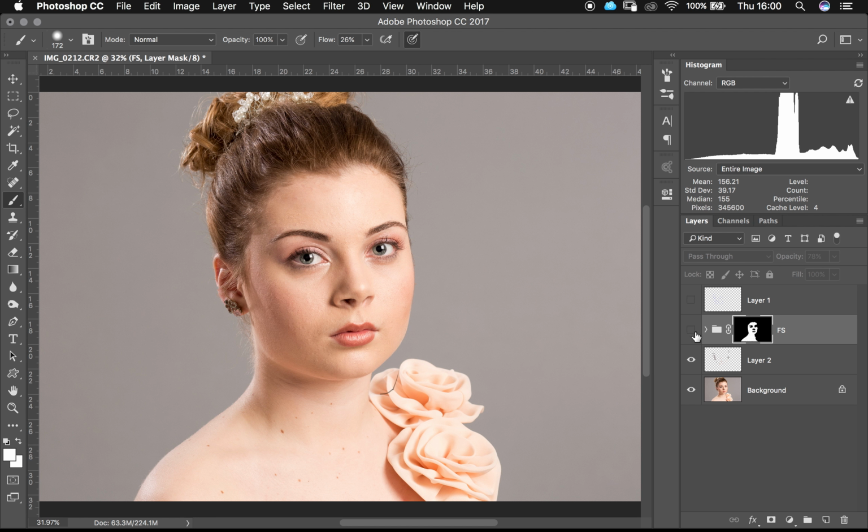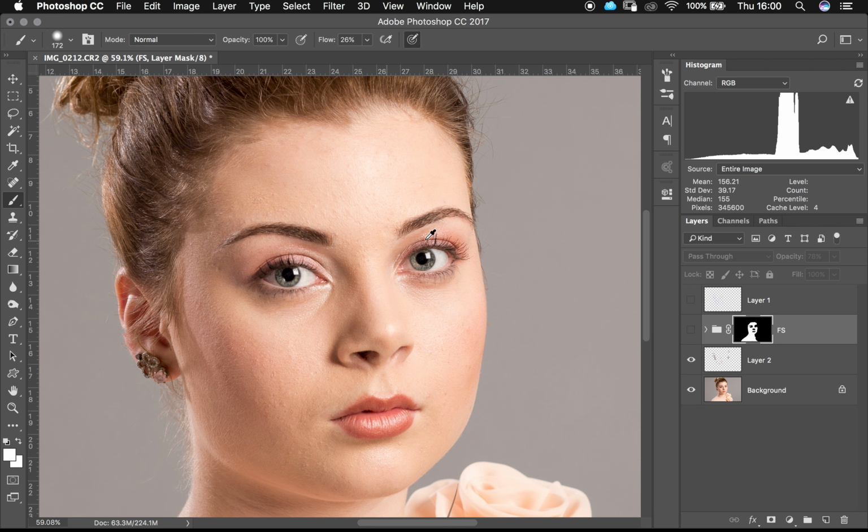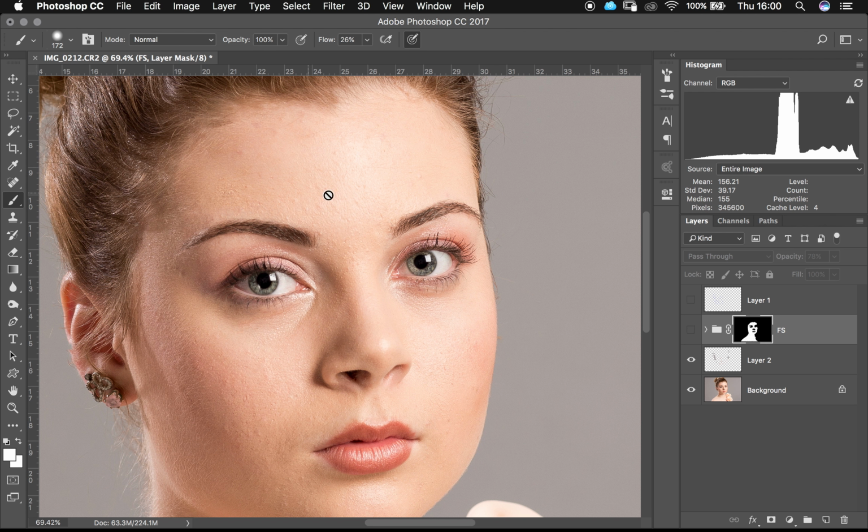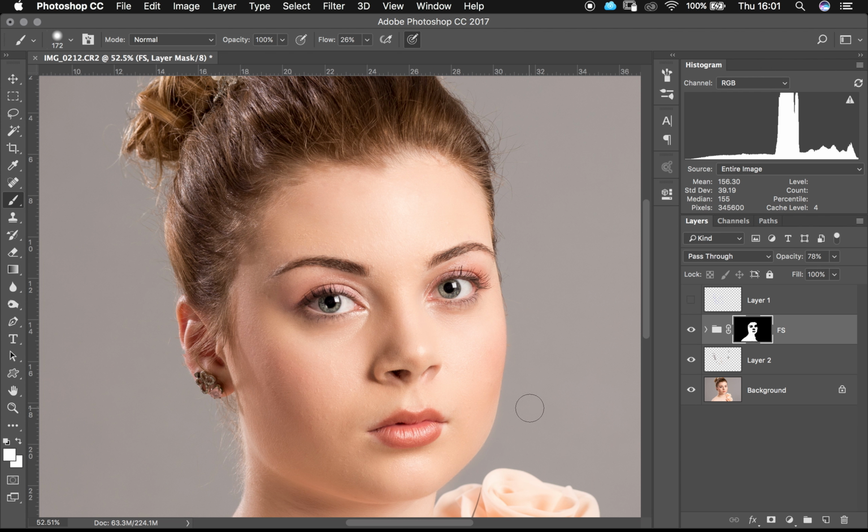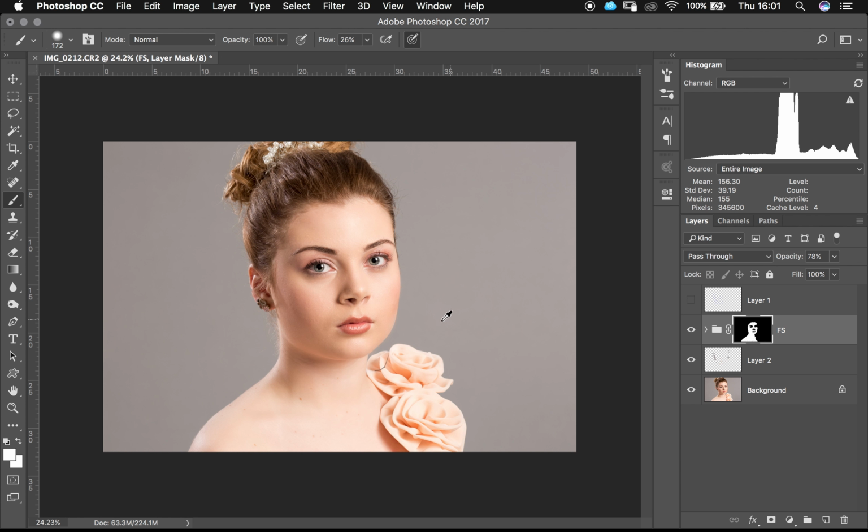So you have the before, and when we zoom in closely, you notice it's quite a lot of detail, and it looks quite sharp, and it's not overly smooth. In things like this, when you're trying to create a beauty image or a fashion shot, you want to smooth over the skin, and just like that, it becomes really quite nice. And that's all it is to it. It's a really great technique. I like to use it all the time in my fashion stuff,